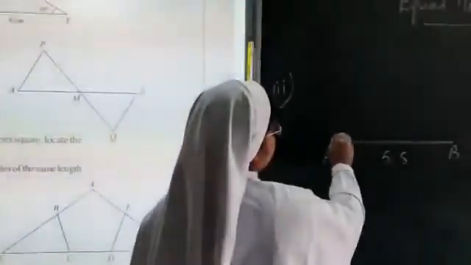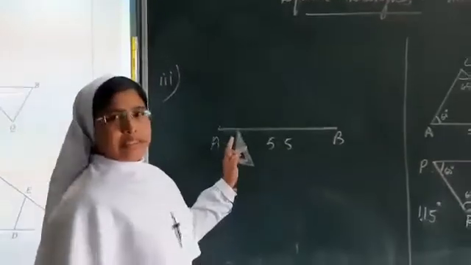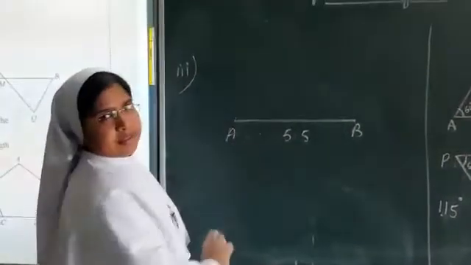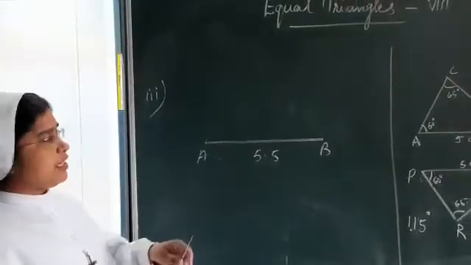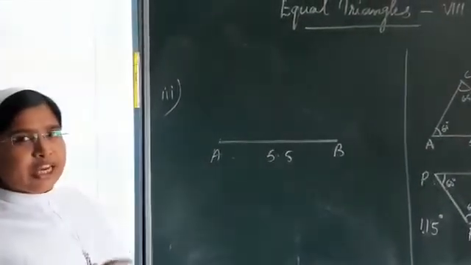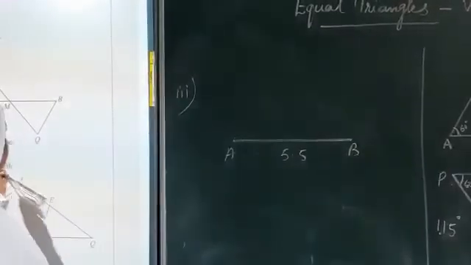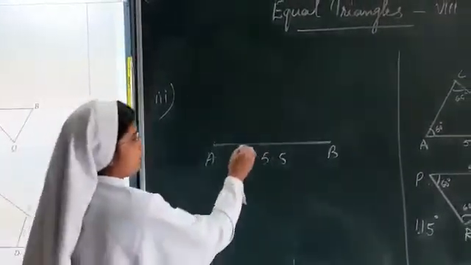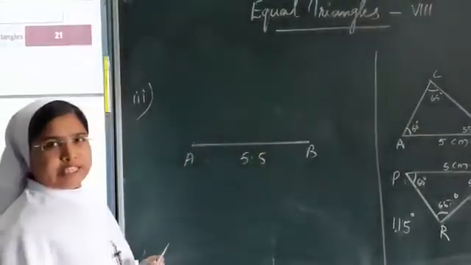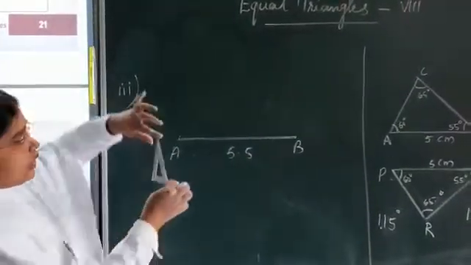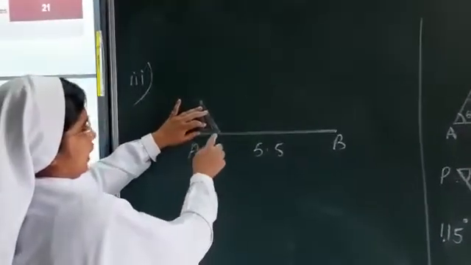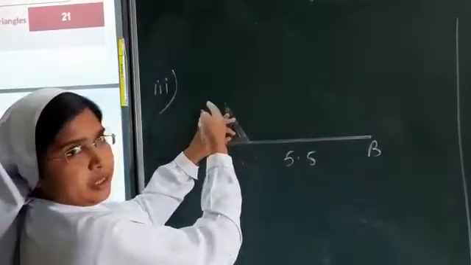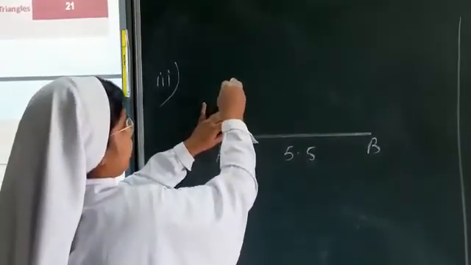So now, dear students, you look here. I have drawn the figure, you can draw it here. The question is to draw a 5.5 centimeter line, then using the set square you have to find the midpoint. So I have drawn a figure with the 5.5 centimeter line. Now using the set square you have to keep it like this. Then you take maybe 2 centimeters or 3 centimeters, draw a point, draw a line.